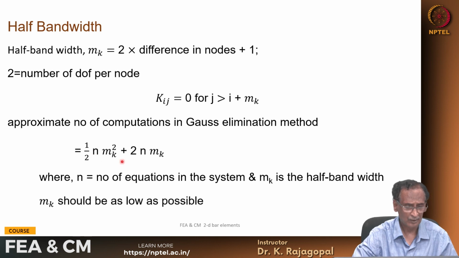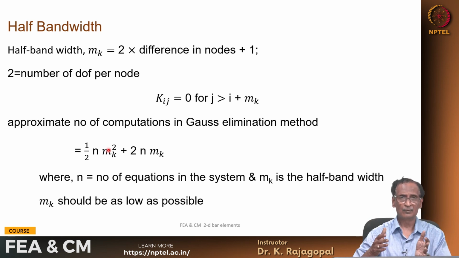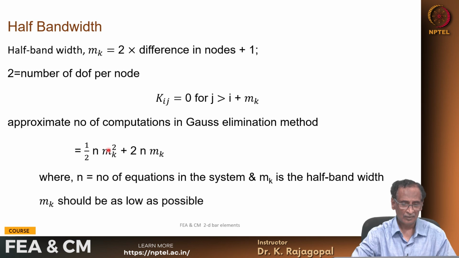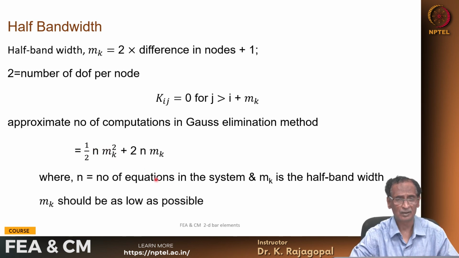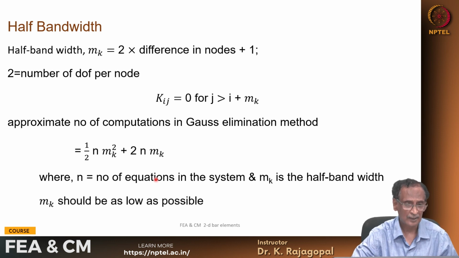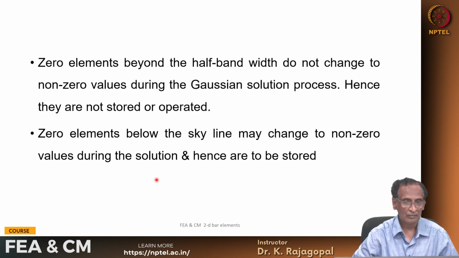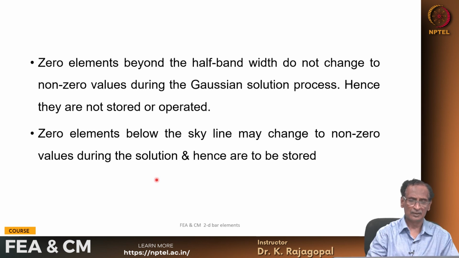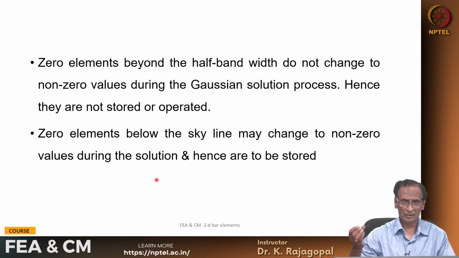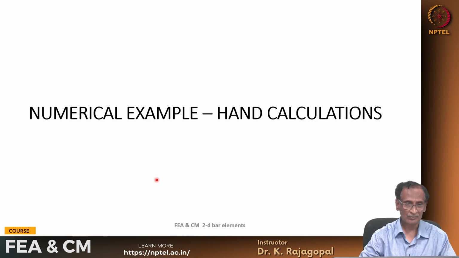Here n is the number of equations and Mk is the half bandwidth. So if your half bandwidth is as small as possible, then obviously your number of computations will be lesser, and you can solve the system that much faster. And the zero elements that we have beyond the bandwidth, we do not store them, because they do not change to non-zero numbers during the Gauss elimination process. Okay. So let us look at one numerical example